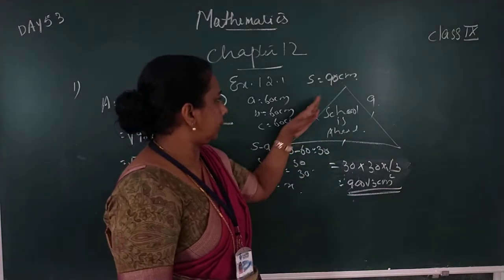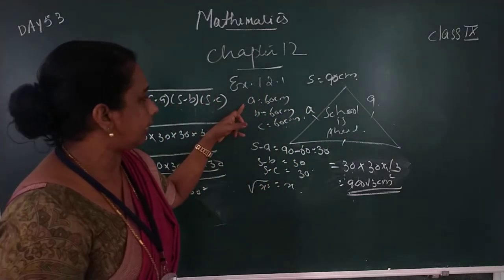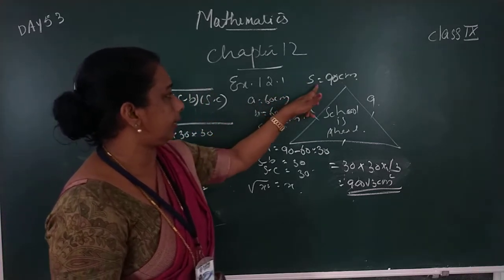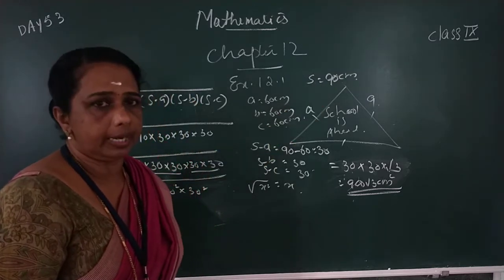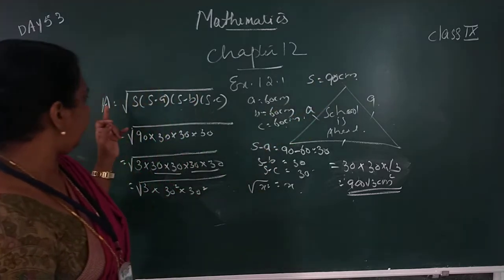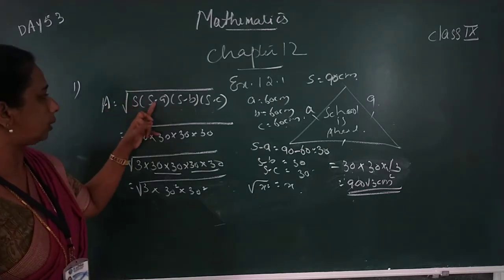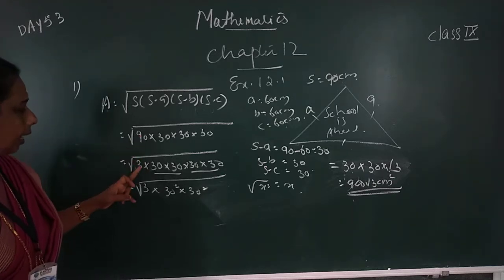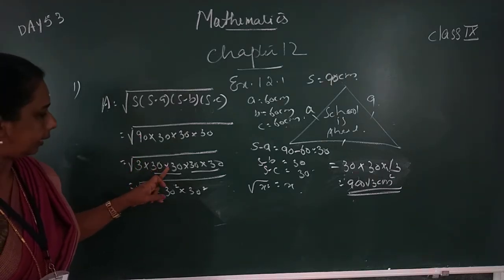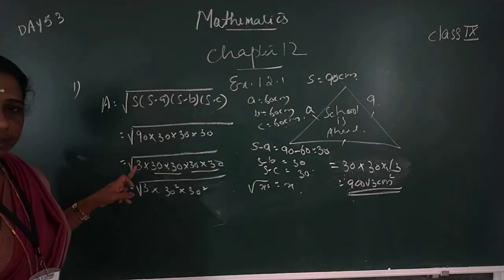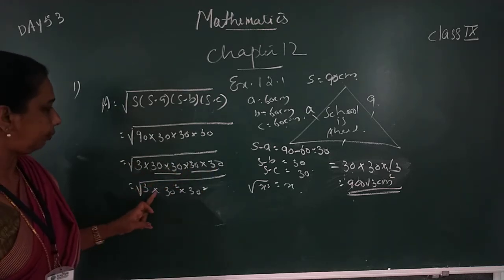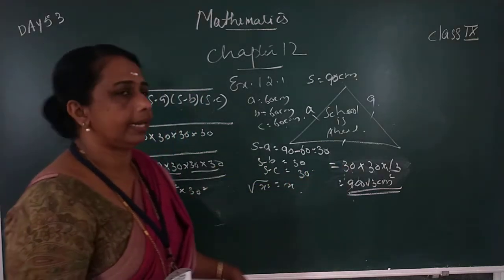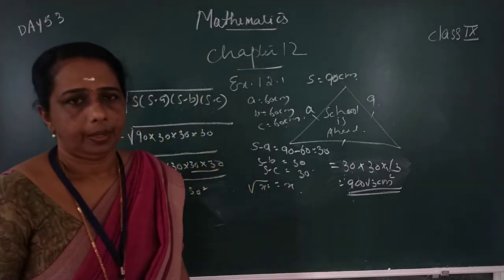For the signal board, the perimeter is given. From that perimeter, we have to find out one side of the equilateral triangle. And then we have to find out the semi-perimeter, perimeter by 2, 180 by 2, we get 90. Then find out the area of the signal board, root of S into (S minus A) into (S minus B) into (S minus C). Here 90, I can write 3 into 30, then 30 square, 30 square. 3 is not a square number. So, root of 30 square we get 30. Again 30, then root 3, that is 900 root 3 centimeter square.